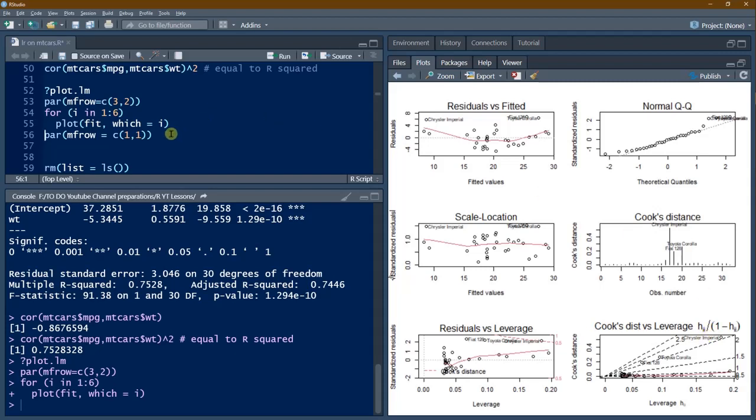So apart from getting the summary details in numbers, you can also have a look at these plots to take a call on the regression line you have decided. With this we will wind up today's session, and in the next session we will see one more example to reinforce our ideas. Among the various steps of regression which I have shown, only one important step, that is splitting the data into test and train and then working on that, is not covered here. That will be covered in the next session.